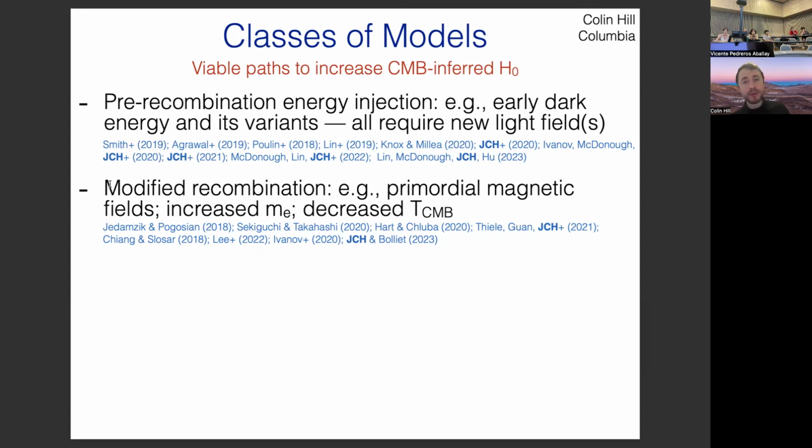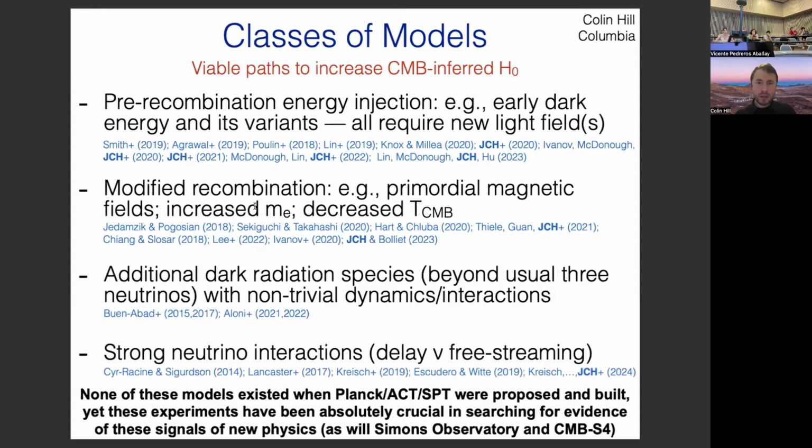Generically, what you want to try to do is to accelerate the process of recombination so that it completes at an earlier redshift. Some ways to do that are to introduce primordial magnetic fields or to change fundamental constants like the electron mass. And then the other options connect in some ways to what I was talking about a moment ago with N effective. So the other options involve introducing some new forms of dark radiation into the early universe, but it's known